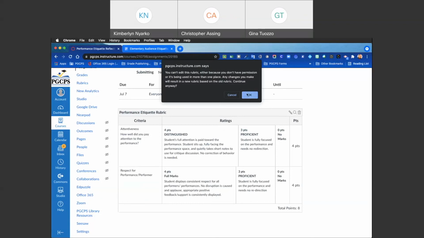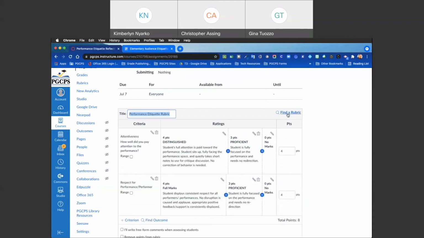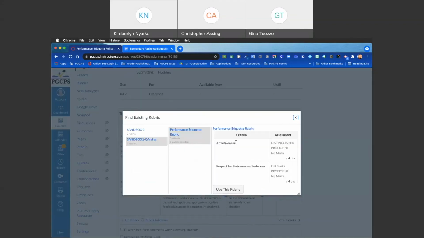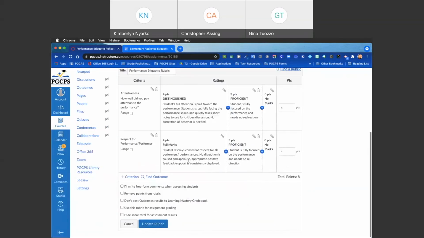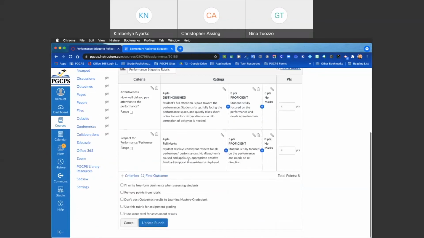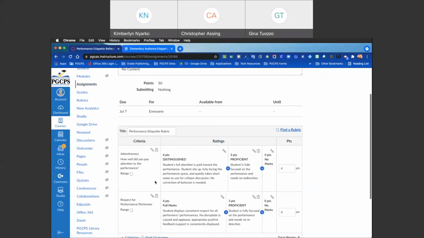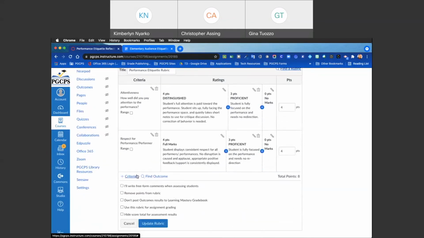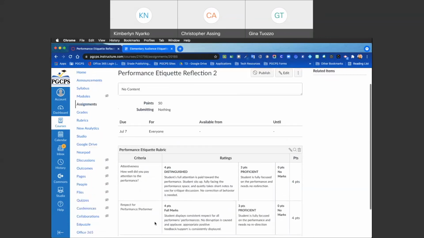So if I did need to change or edit the rubric, I'm going to want to click my Find Rubric again to get it, and that's where I'll click Manage Rubrics that will pop up in the top there in order to use it. Okay, so I've brought the rubric into my assignment. Now again, it's giving me the option to edit or change, and I can go forth from there, but I'm particularly happy with it, so I am going to click Update Rubric,